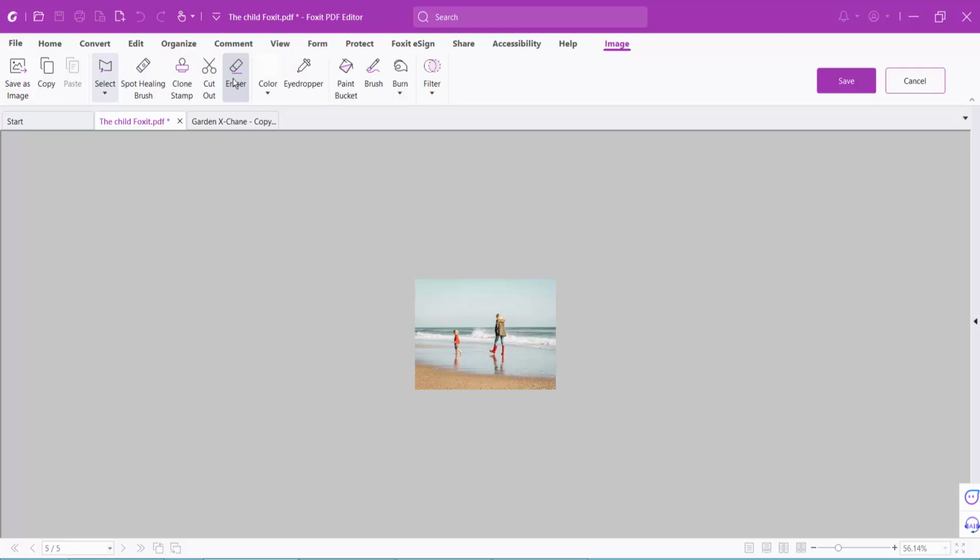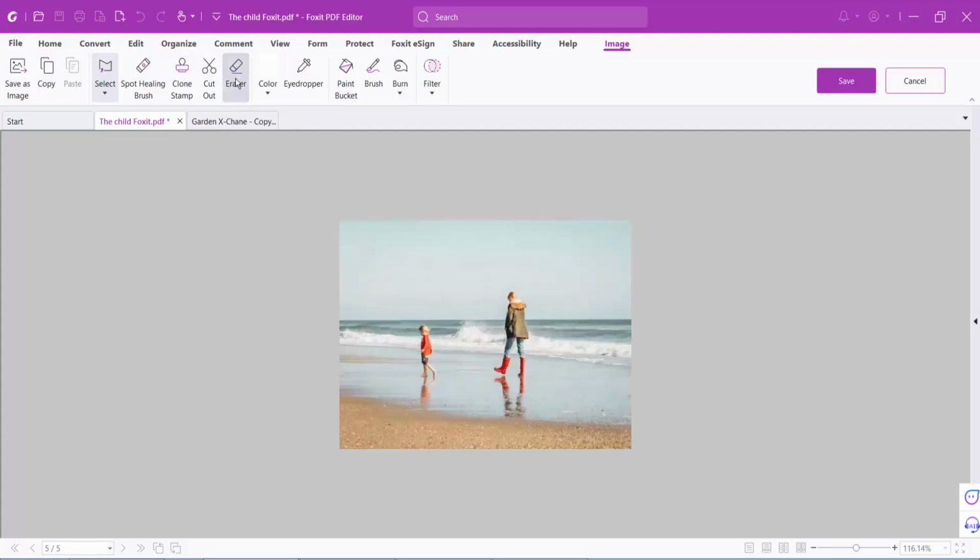This image eraser. First I will increase this image size and click on this eraser and erase the object you want and see this, and so on. In this way you can erase a specific area or part you want,